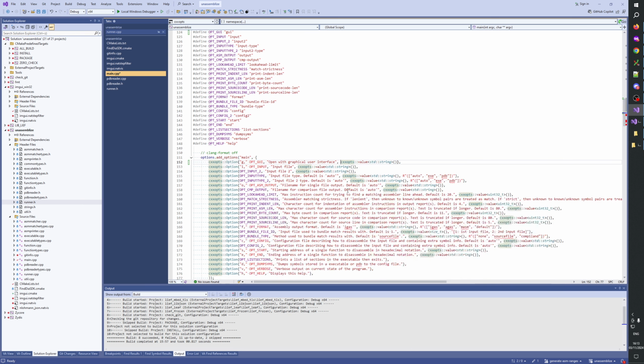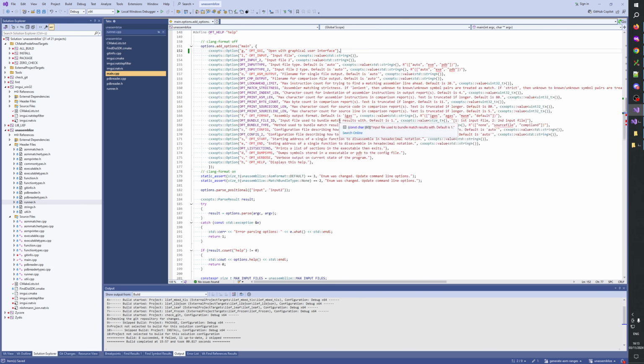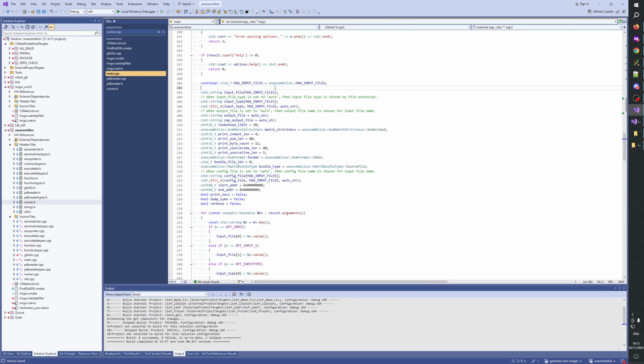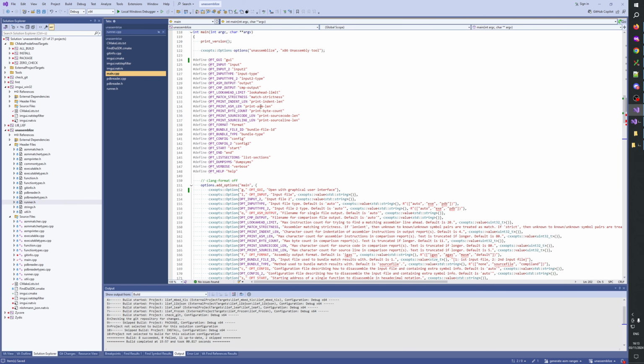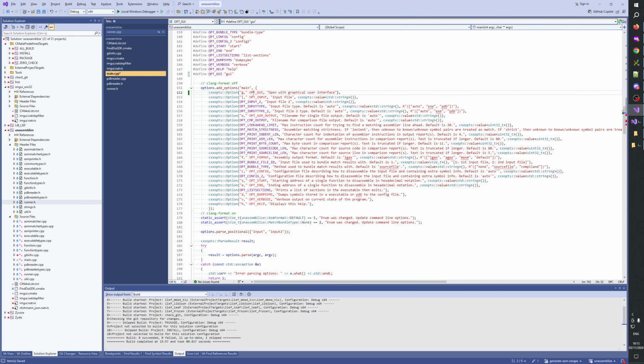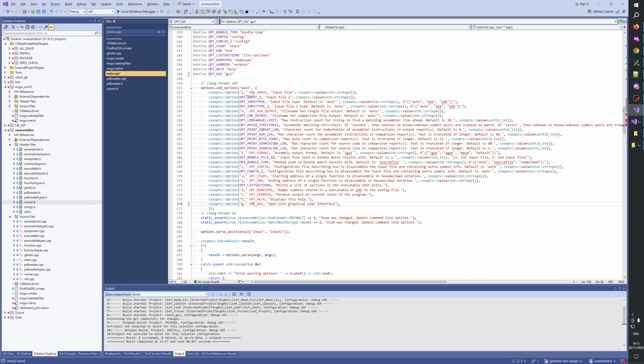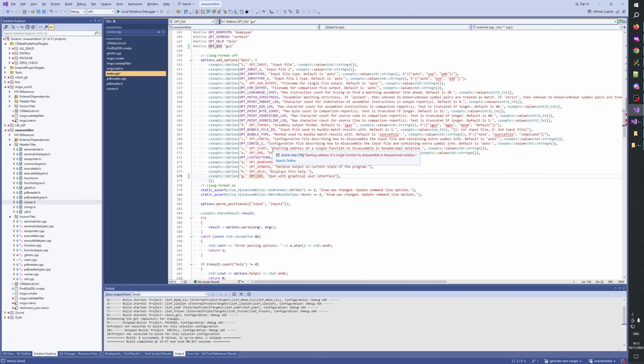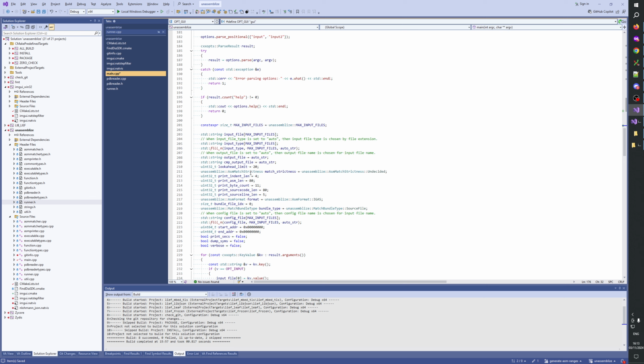And this will be a bool like that, right? Okay, and then we add here, maybe move it to the bottom where the other booleans are. Bool GUI false,